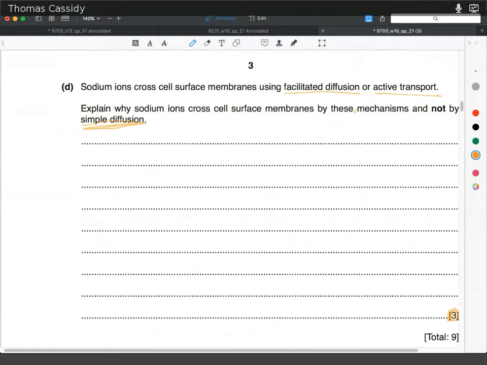I'll try and do a little drawing here. If the membrane looks like this, these heads on the membrane, if you imagine you've got a lot of these, are going to have a charge themselves. So if you have a lot of little particles come along that are all, say, positively charged, they're not going to pass this barrier because the charges are going to repel. So we need some other way to get them through,